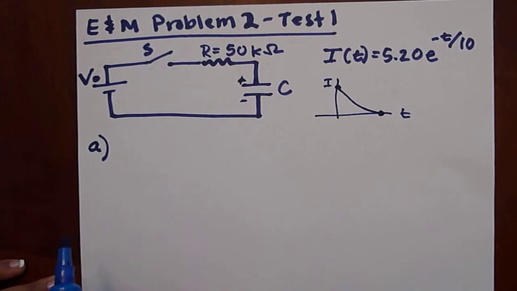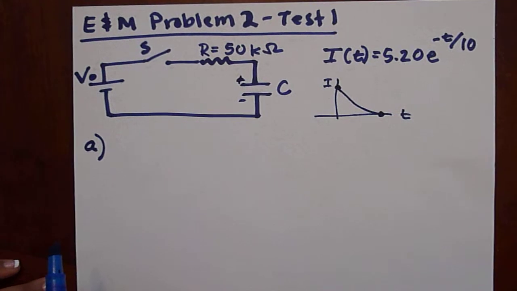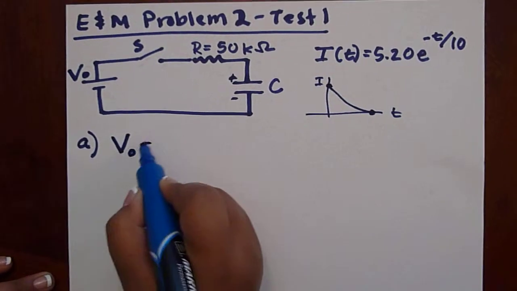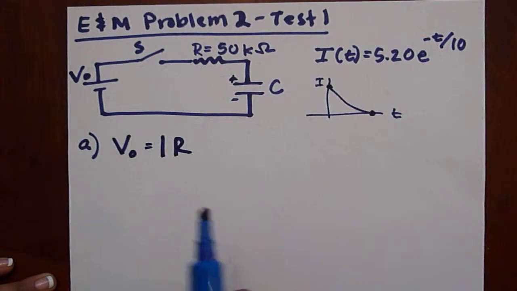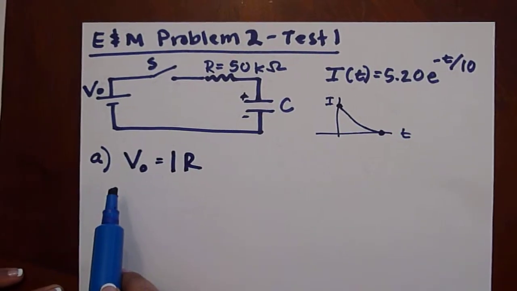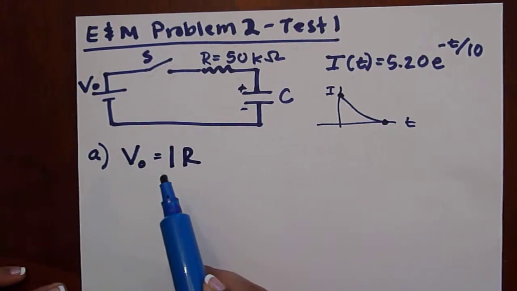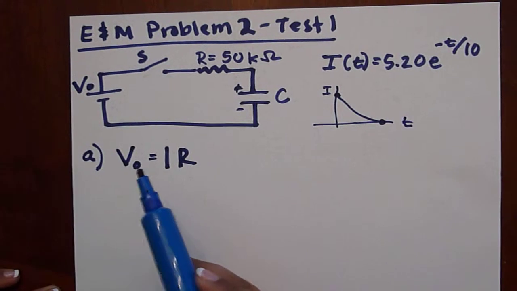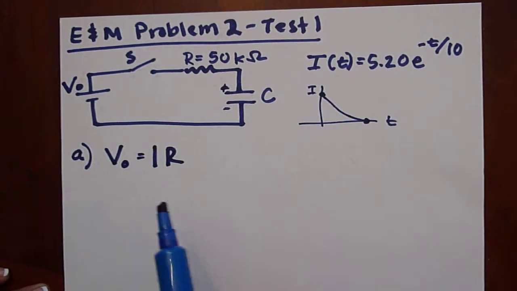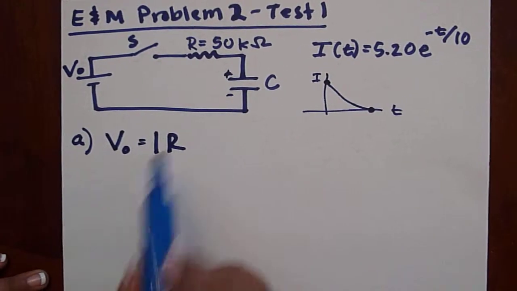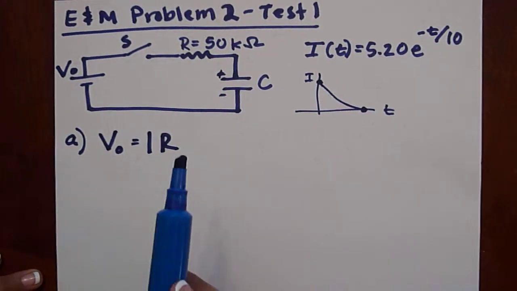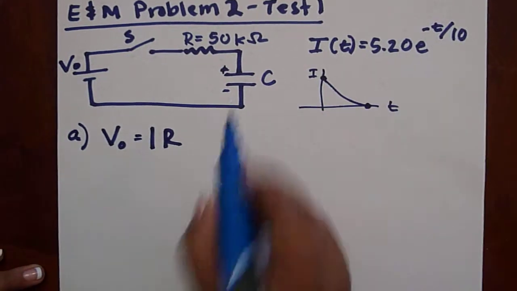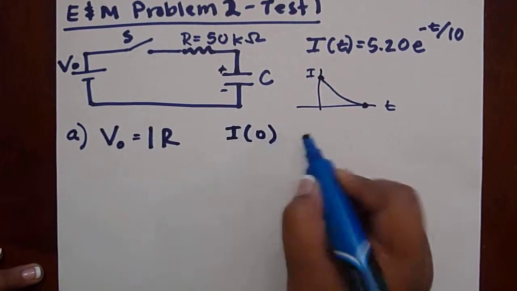For part A, they're asking us to determine the value of the charging voltage V naught predicted by the equation. So we're going to start with V naught equals IR. They're asking us to basically find the value of the voltage at t equals 0 as soon as the switch closes. So in order to find V naught, we need I and R. R is given to us as 50 kilo ohms, and I we can find from this equation at t equals 0. So we're going to evaluate the equation